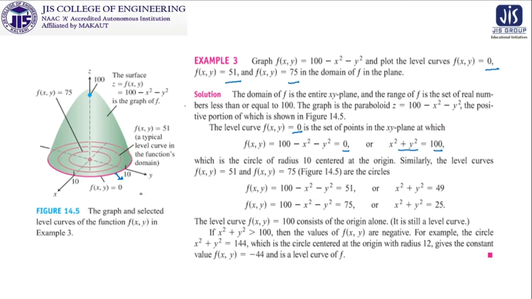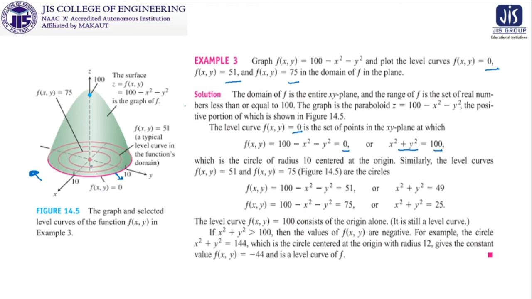Now when this f(x,y) is 0, it means the surface is having the value 0. This is the surface. Whenever you are lifting your point up from the xy plane, that means f(x,y) will have some non-zero, positive value, but we need that f(x,y) has to be 0. That means we can't lift ourselves from the xy plane. So f(x,y) will be 0. That means it is this particular boundary of this surface with this xy plane. So f(x,y) equal to 0 is this.